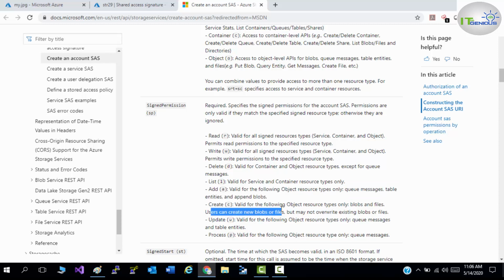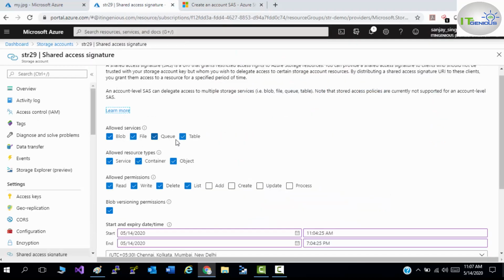Create will be for objects like blobs and files, so the user can create a new blob or new file. Update is for queue messages and table entities. So these are the permissions you can check as per the service you are going to use.